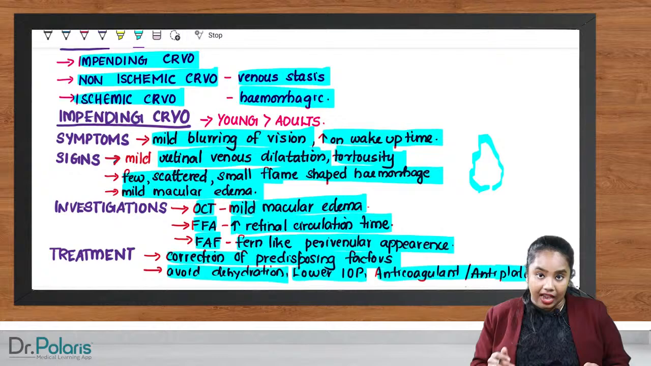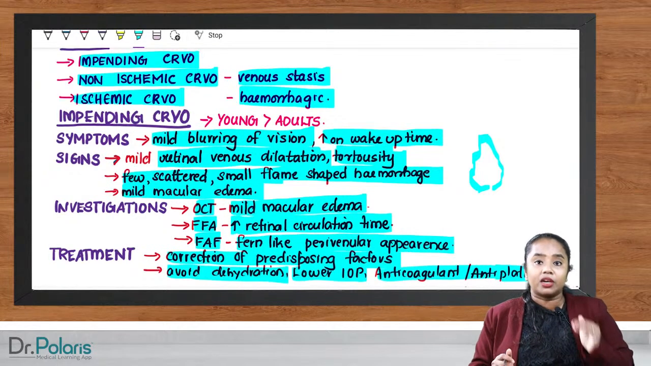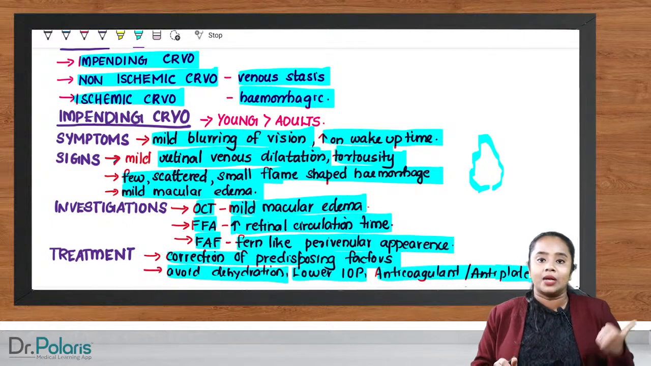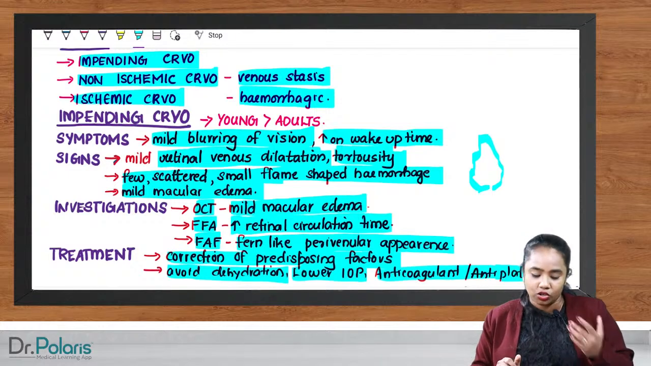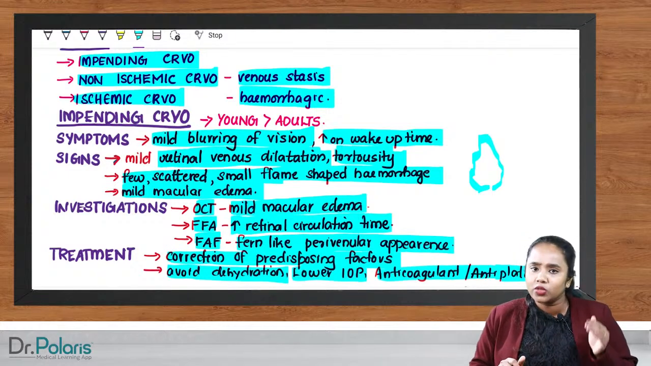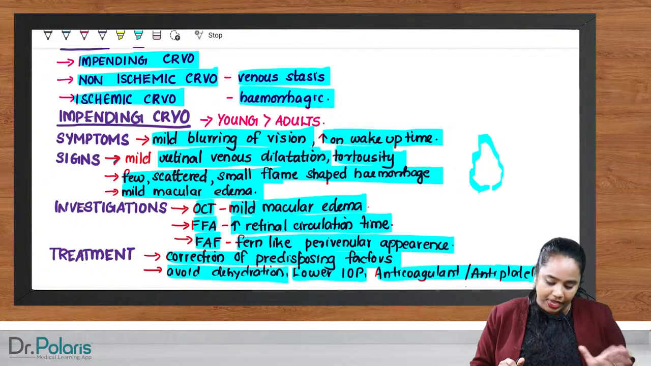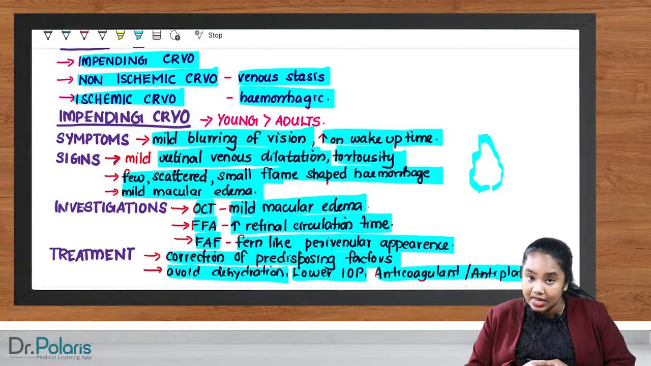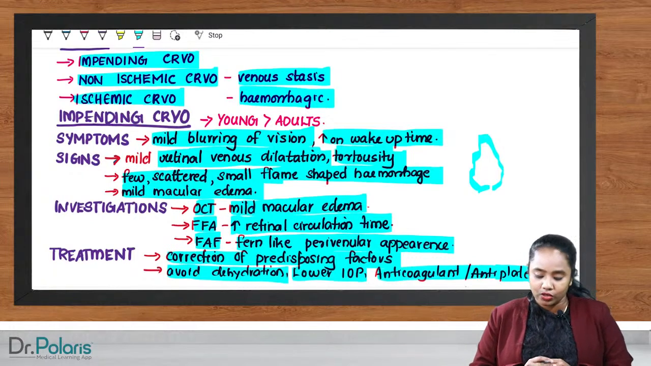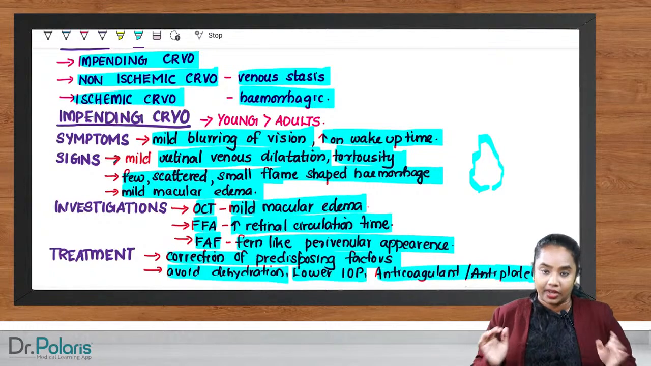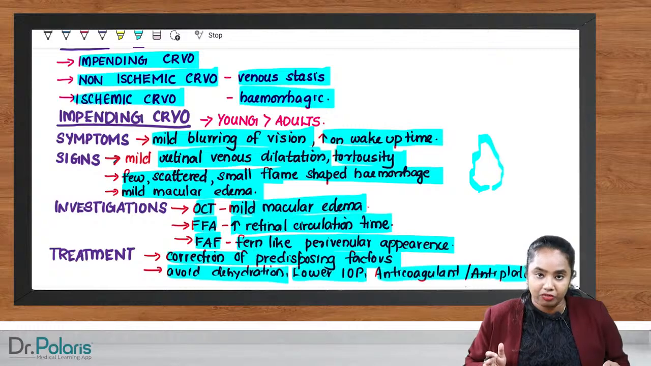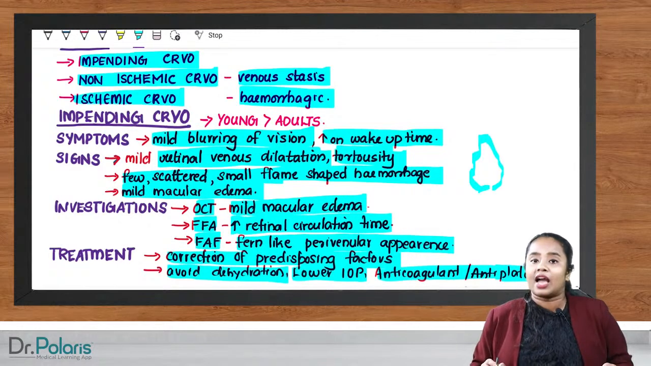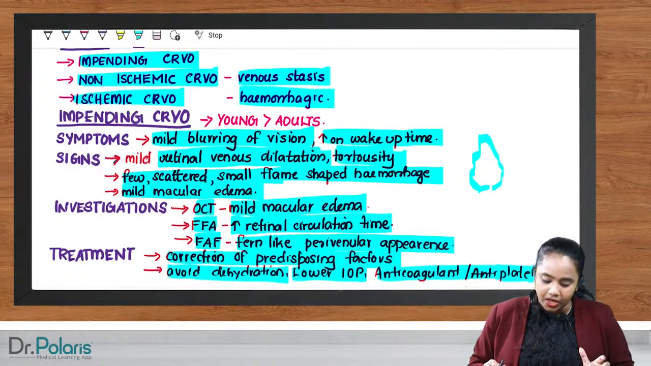So, usually seen in young patients than that of adults. Mild blurring of vision is the main complaint, which is more in the wake up time, and over the time it reduces or improves. Signs are mild retinal venous dilatation or tortuosity, mild macular edema, few scattered small flame-shaped hemorrhages can be seen. Investigations, OCT will show mild macular edema, FFA shows increased retinal circulation time, and autofluorescence is going to show fern-like perivenular appearance. Treatment is correction of the predisposing factor and other corrections like lowering the intraocular pressure, avoiding dehydration, anticoagulant and antiplatelet therapy. So this is what